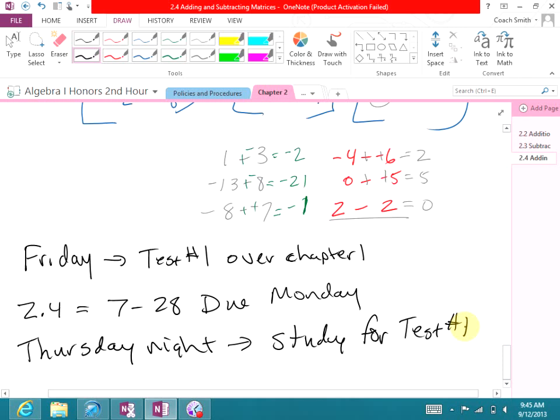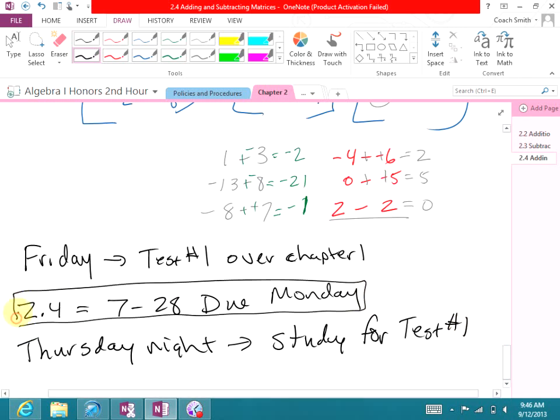So Friday you have your test. Tonight you need to study for the test that you have tomorrow. Then if you get done with your test on Friday, you'll need to start 2.4, 7 through 28. If you don't get done with your test, then obviously the 7 through 28 is due Monday, so it's homework. One way or the other, by Monday, you need to have that 2.4 done and study for your test. Yes, Larry? No, because I didn't guarantee